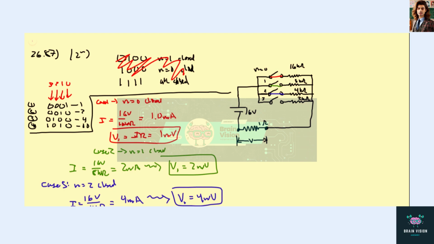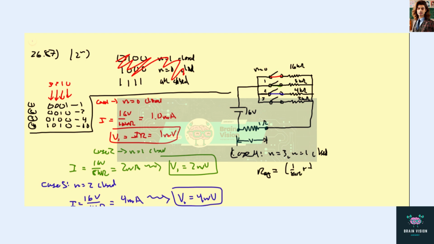Awesome. And now lastly, I wanted to switch back to black here. Let's do the last case, case 4, which is n equals 3, n equals 1 closed. So that's this one and this one closed. This one's a little bit trickier because now we have 2 resistors we need to think about. But all we need to do is find the equivalent resistance,